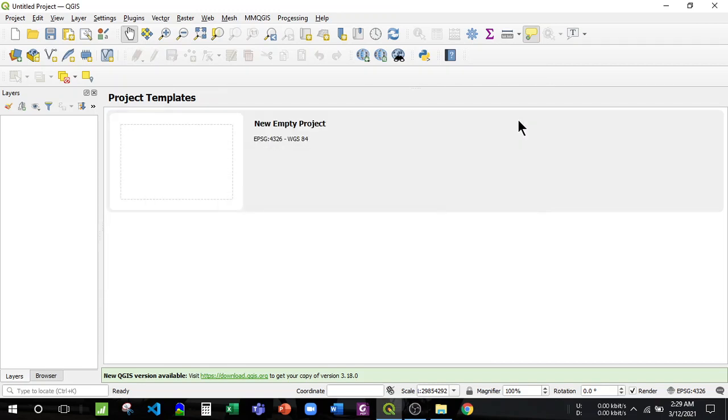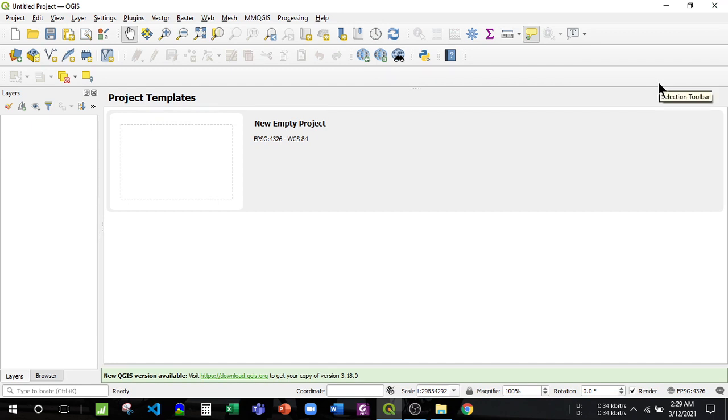I will tell you about the basics of QGIS and how you can make a study area map with the help of QGIS. Currently I am using QGIS version 3.3.16.